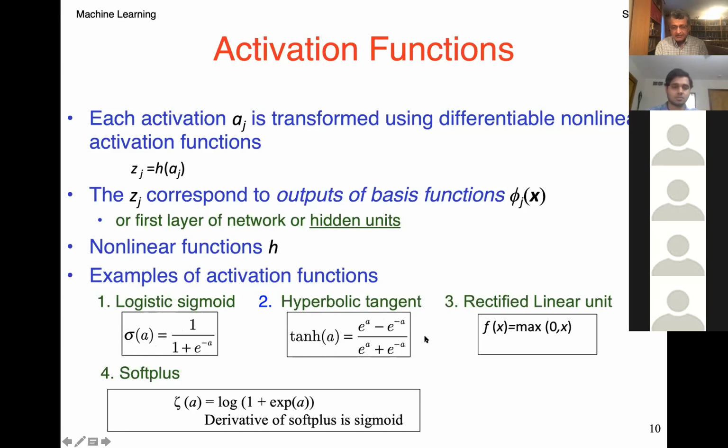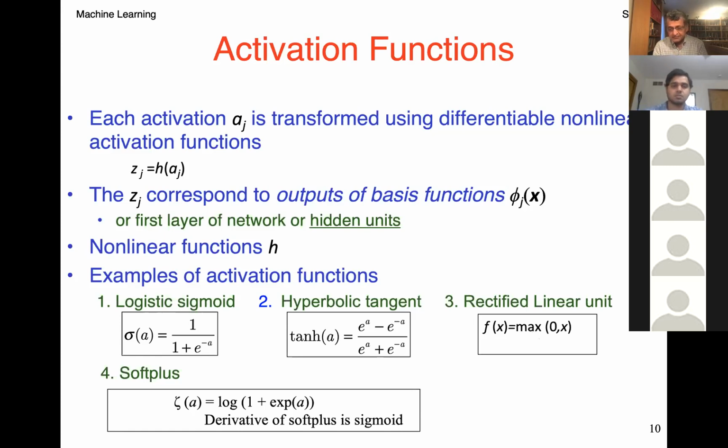Is that this value lies between -1 and +1. Sometimes in some formulations, that is a preferred formulation. If you want that formulation, -1, +1, with the in-between value of 0, this would be between 0 and 1 with the in-between value of 0.5. So that's hyperbolic tangent. And then today, the most used activation function is the rectified linear unit, or ReLU, which